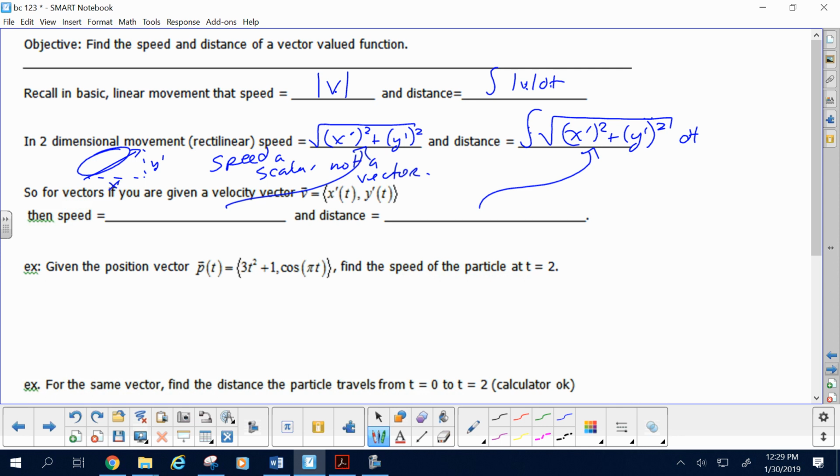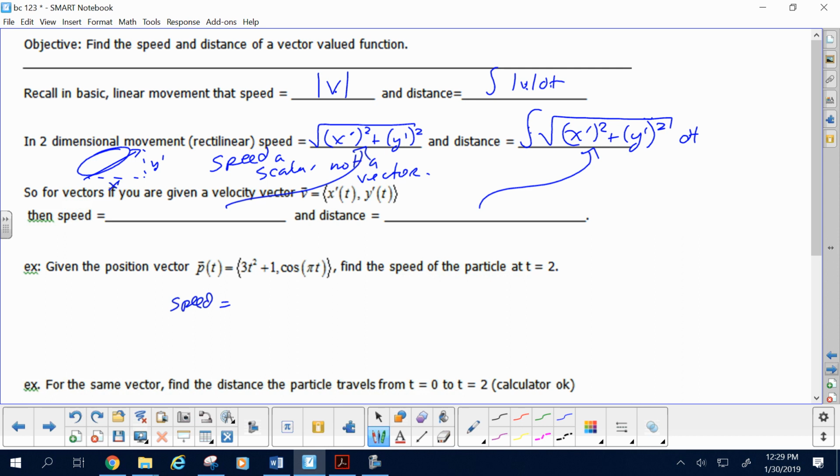So my point, sorry, I'm trying to make, which I made badly, is parametric and vector valued functions behave exactly the same for speed and distance. You with me? So let me show you what a problem might look like. If I give you a position vector, which gives the position in vector form at lots of different times, horizontally and vertical, and I wanted the speed at time equal 2, then the speed, or the magnitude of the velocity,